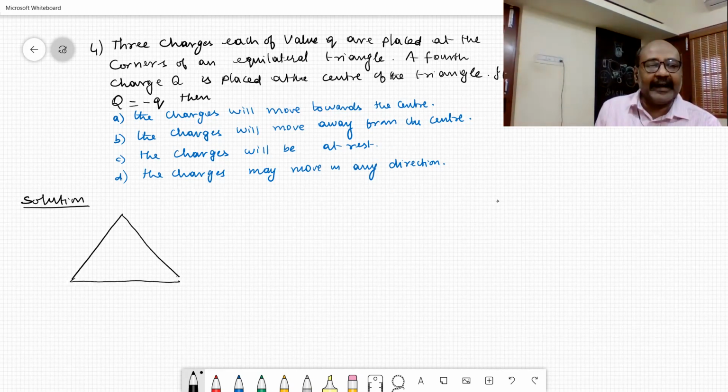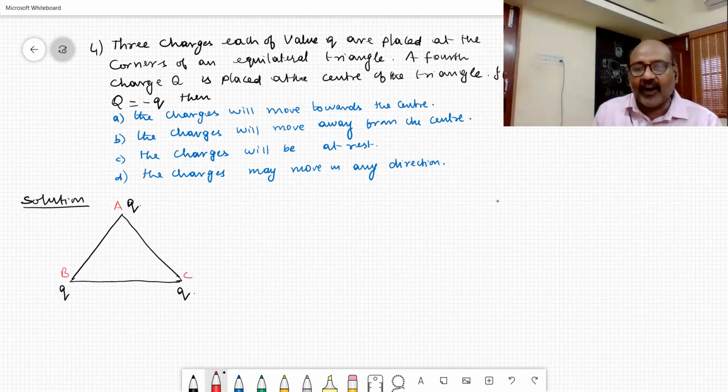So in this equilateral triangle, all the corners are having equal charges, each of value Q. So this is one Q, this is another Q, and let us take this as another Q. The three corners, let us consider them as A, B, and C. As you have studied in the previous problem, at any one of the corners, the resultant force that is available, one of the forces will be here, F, and another force will be here, another F.